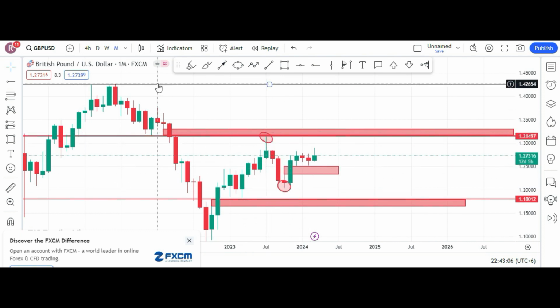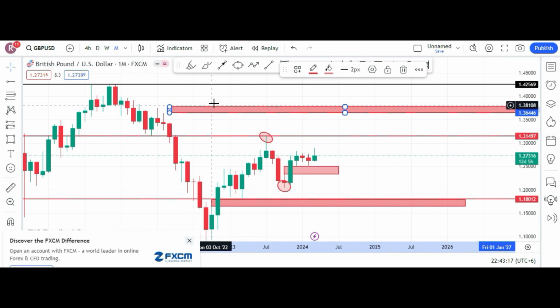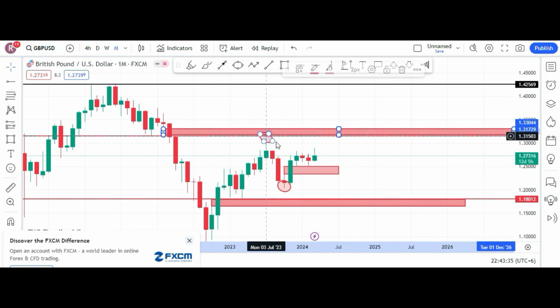Now if we see the whole range, we can see that there is a big imbalance that has been left monthly here, and if I move it a little bit, you guys will be able to see this monthly imbalance is coming from the shadow, the lower shadow of this candlestick and the upper shadow of this candlestick, and this candlestick is just exactly matching the top here. So this is the monthly imbalance which the market is supposed to address, and it has been tapped a little